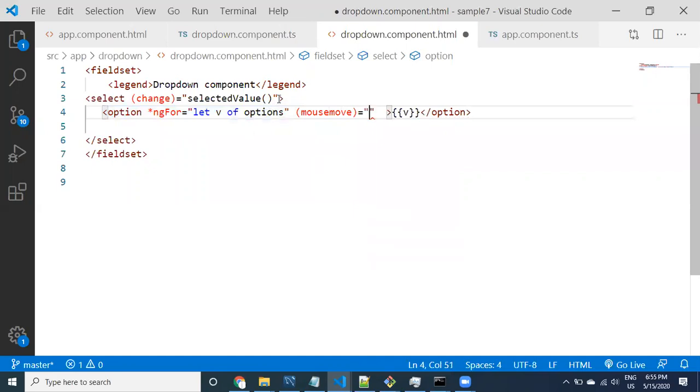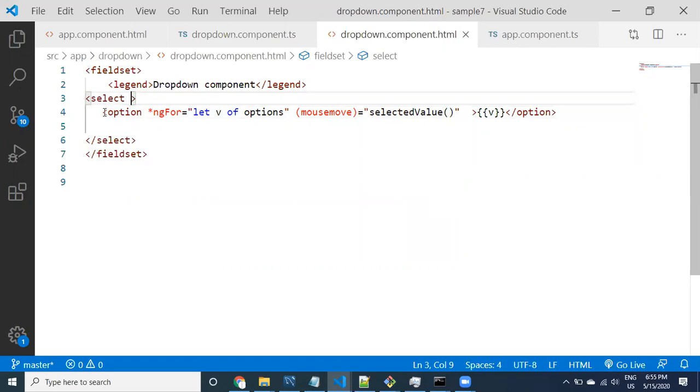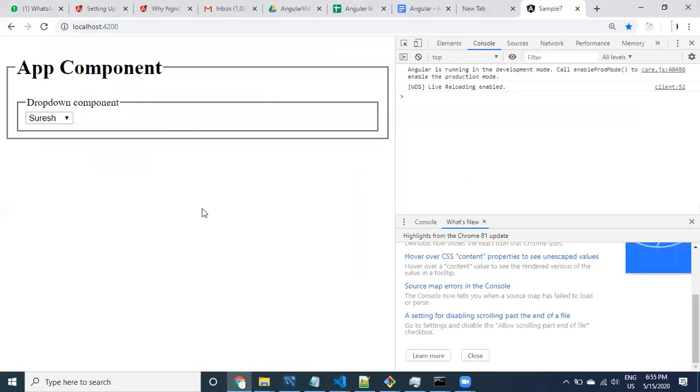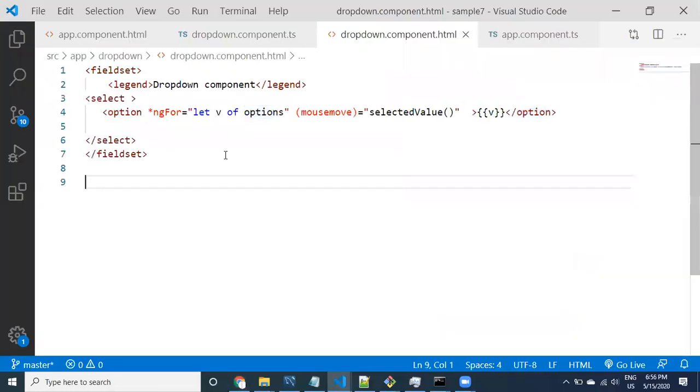See here, I am removing this. I just want to call this method. Which events are going to work? I'm going to show you in Google. I'm going to check the documentation, what kind of events this option is going to support. Now on mouse over, see here guys, this is also not working. So for these options, what kind of events are supported, we need to know this kind of information.